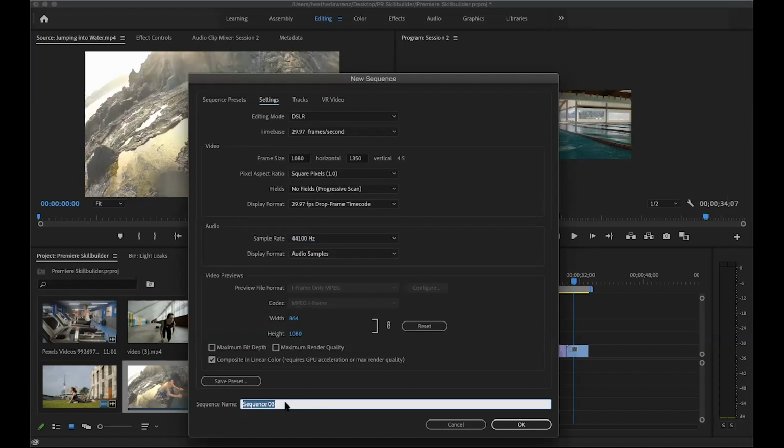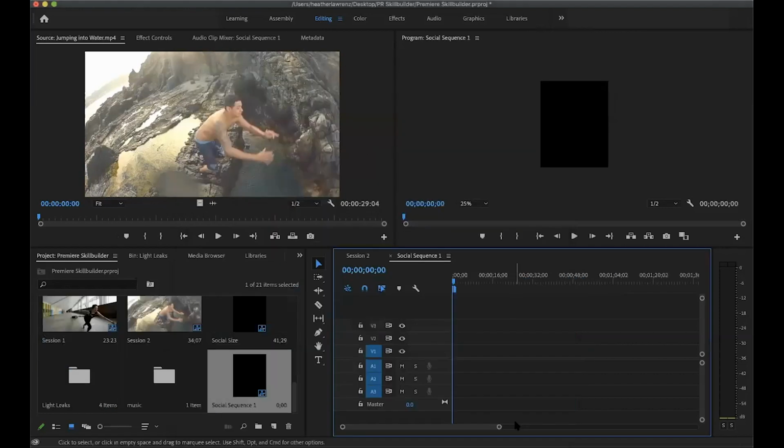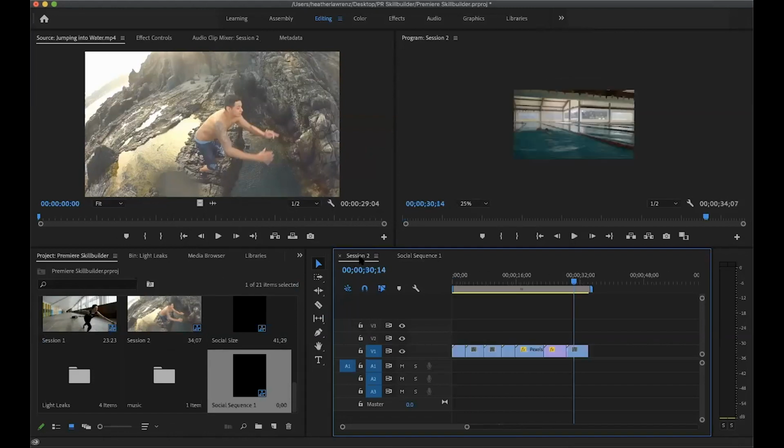In this case, I'm just going to go ahead and name my sequence, and we're going to call this social sequence, and we're going to put a number on it. And I'm going to hit OK. And so now I have this blank sequence that I can bring content into, and you can see that size right there. And I'm going to pop over here to that first sequence,